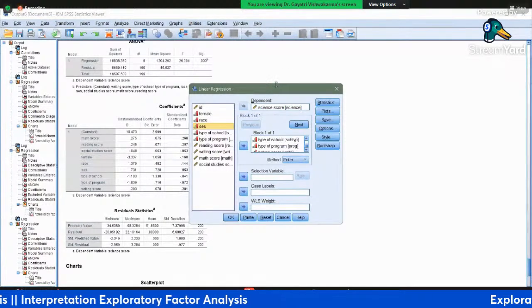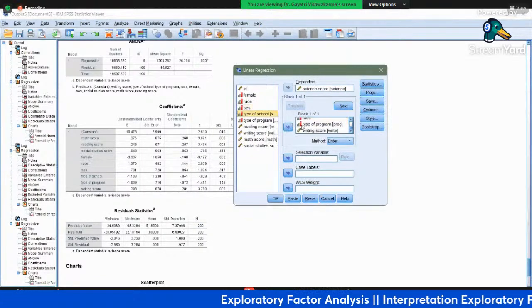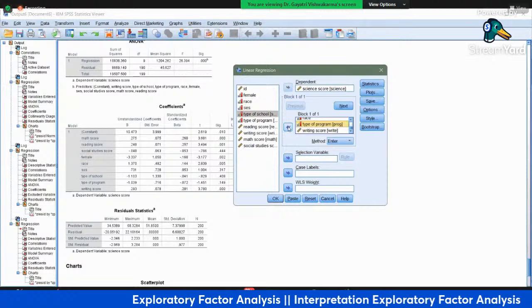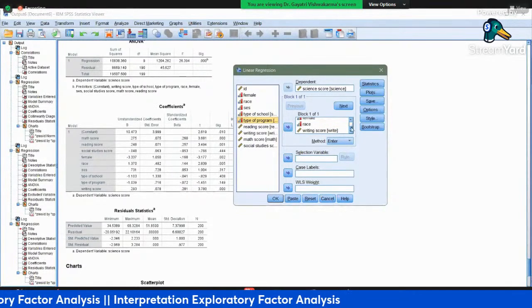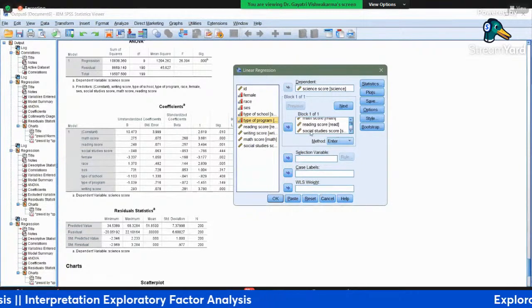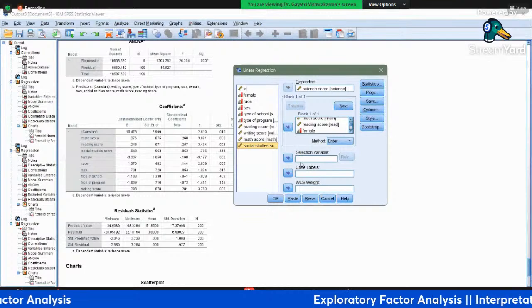Type of school was there. Let me see the p-value. Yes, type of school, we don't have to, and type of program we don't have to. Type of school, socioeconomic status and social studies score. Yes. So I'm removing all these and running the same program again with the enter method.